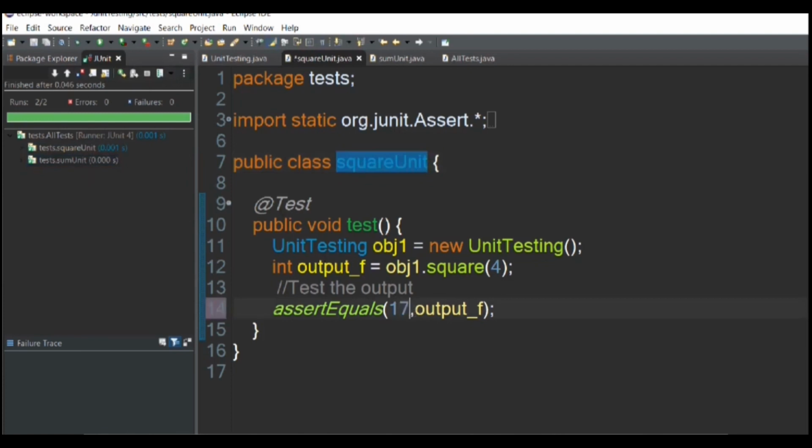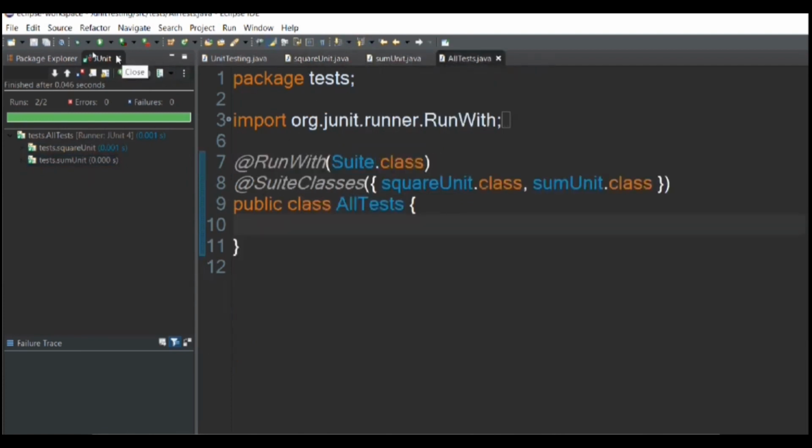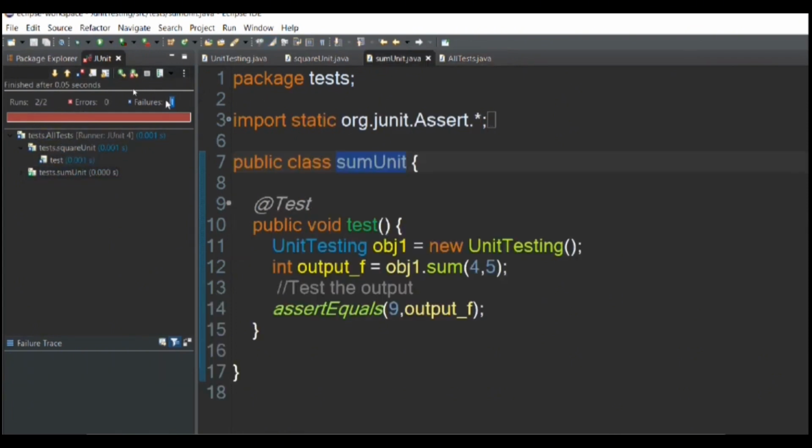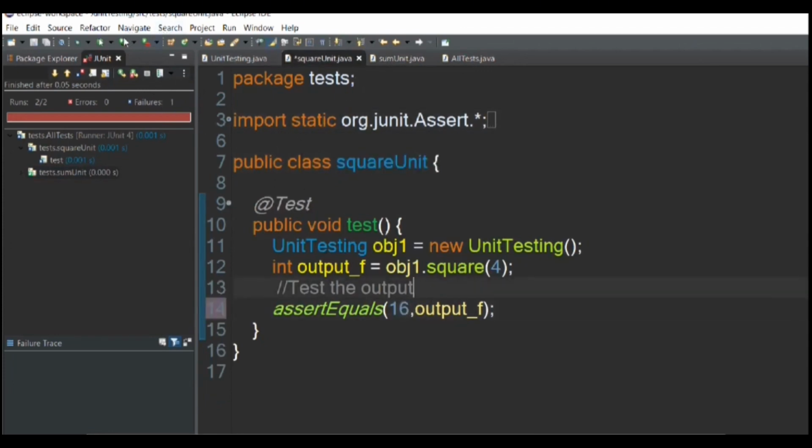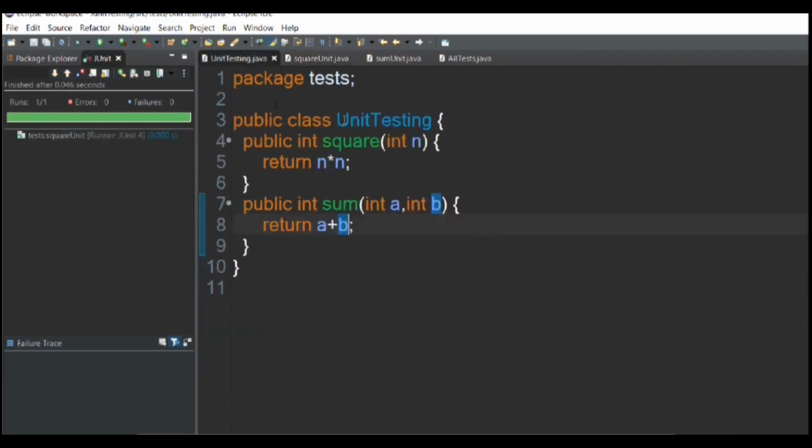If one test case fails, what we are going to do is, if you will run the all test now, you can see it will show you that there is some problem with these tests, and it shows the failure, that there is a failure in your test, right? So in this way you can actually do the unit testing in Java, and it can help you a lot in finding out the errors and debugging,